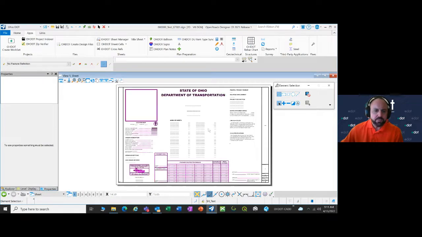All right, so I've already created my title sheet here. This is the old title sheet cell, and I'll do some comparisons between this title sheet and the title sheet that we've modified for our engineering seal and signatures app. So first, I'm just going to use our standard border that we have. And if you go to our